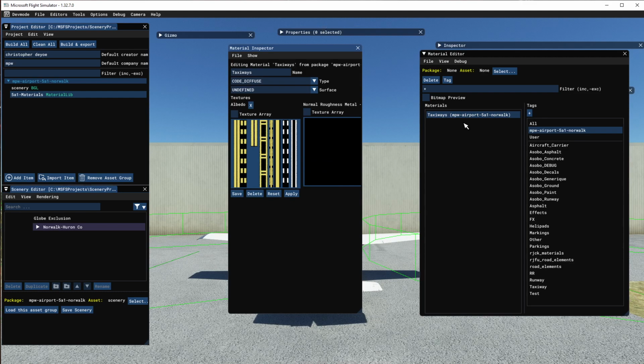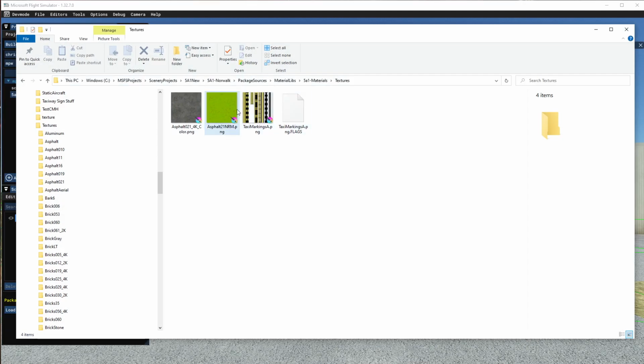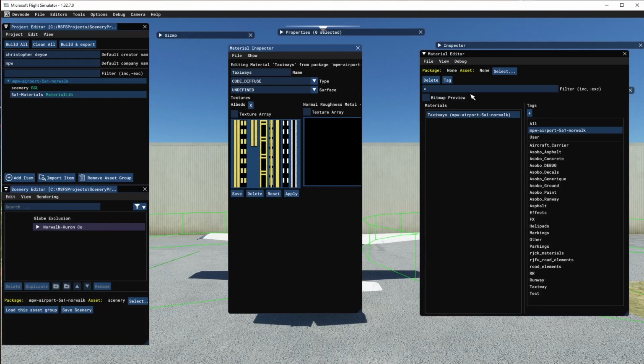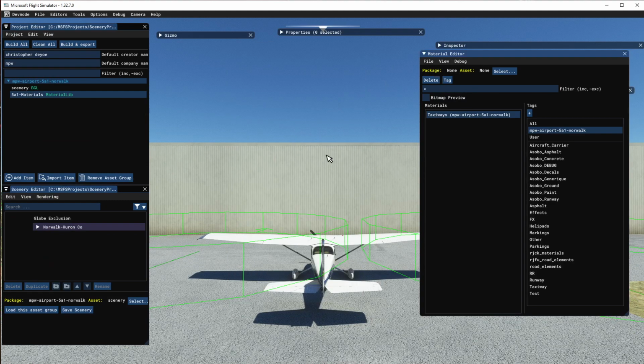library. Remember those flag files? There is now a flag file in our textures folder. So if I open up the Windows Explorer, notice now we have a flag. It's now registered to the project. Okay, now you don't have to hit that X like I just did, but we're going to go to